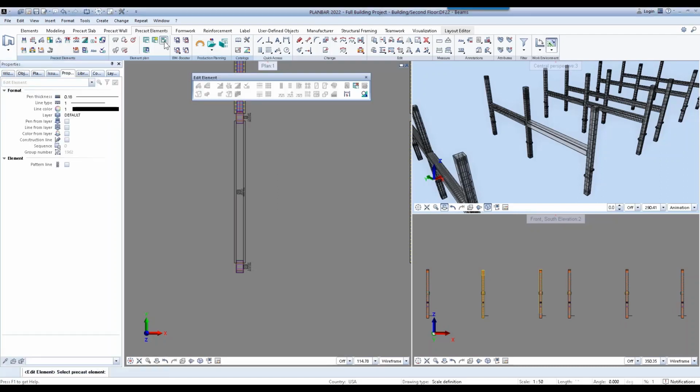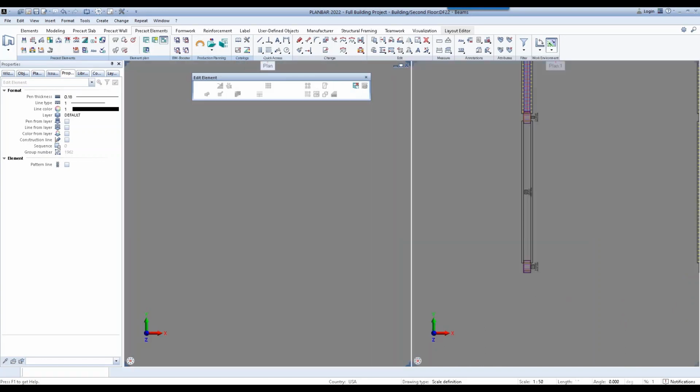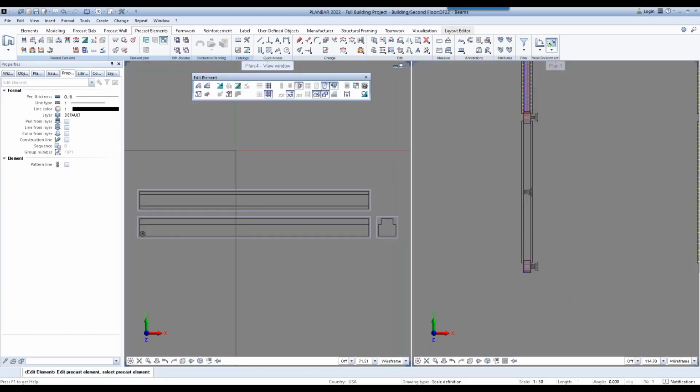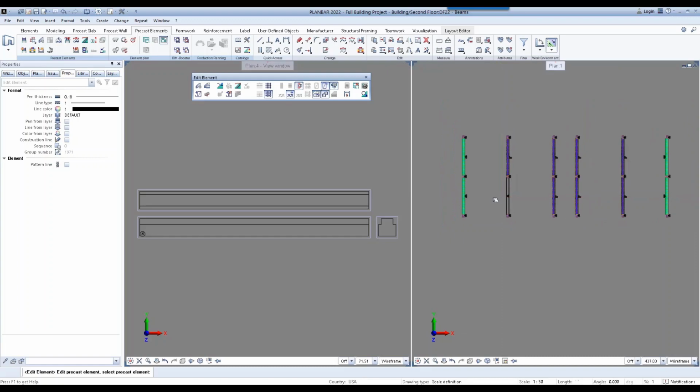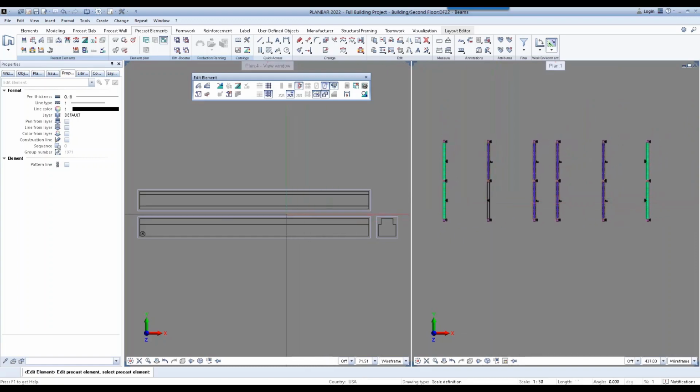So if I just select this tool and select the precast element, you can see that it generates 3 views over here in this viewport, and then on the viewport to the right we still have our model. So it's just a quick way of generating three views without anything else in the way so that we can add reinforcement, we can add lifters, we can add any plates, inserts.